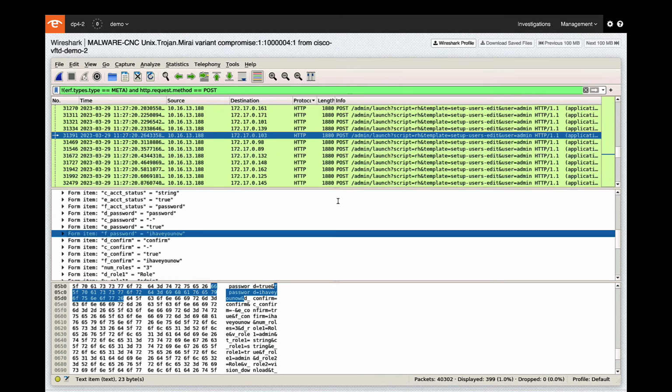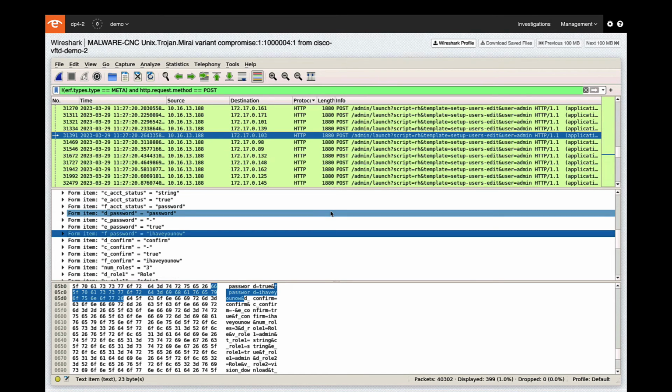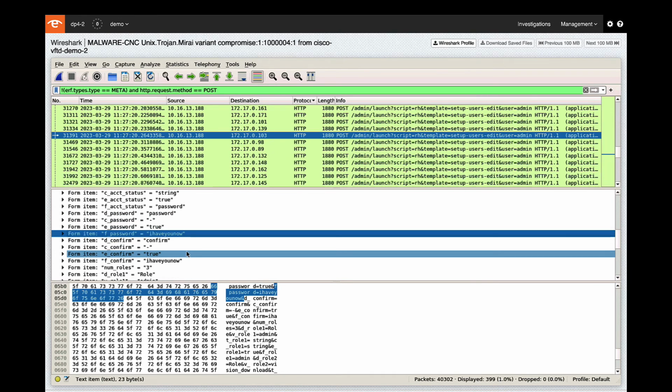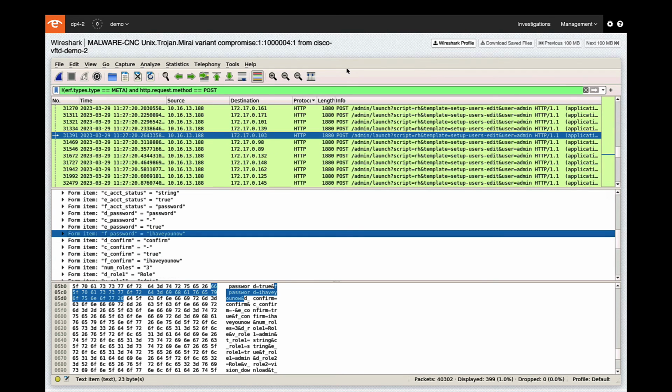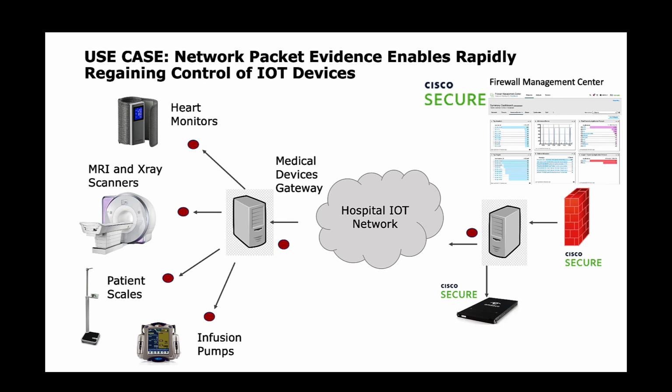IoT devices. Since the CNC-driven password reset occurred before we were aware of the issue, obtaining this information would have been impossible if not for always-on packet capture as provided by the Endace probes. An investment in packet-level history has clearly paid off here, saving a huge amount of labor that would have been required for factory resets. Plus, being able to rapidly regain control of our critical network devices is business critical for